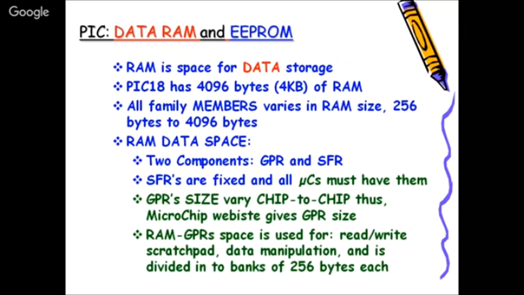Then PIC 18 has 4 kilobytes of RAM. इसके अंदर 4096 बाइट of RAM available है, that is the highest in case of PIC 18, and of course it will vary with the different family members you select. And all family members vary in RAM size, जैसे 256 बाइट्स मिनिमम, इतना तो सब में, क्योंकि सब में SFR तो होना ही होना है, ठीक है, SFR सब में रहेंगे। सो 256 बाइट जो ये वाला बैंक है, ये बैंक तो सब में होगा, एंड इट कैन गो अप टू 4096 बाइट्स।